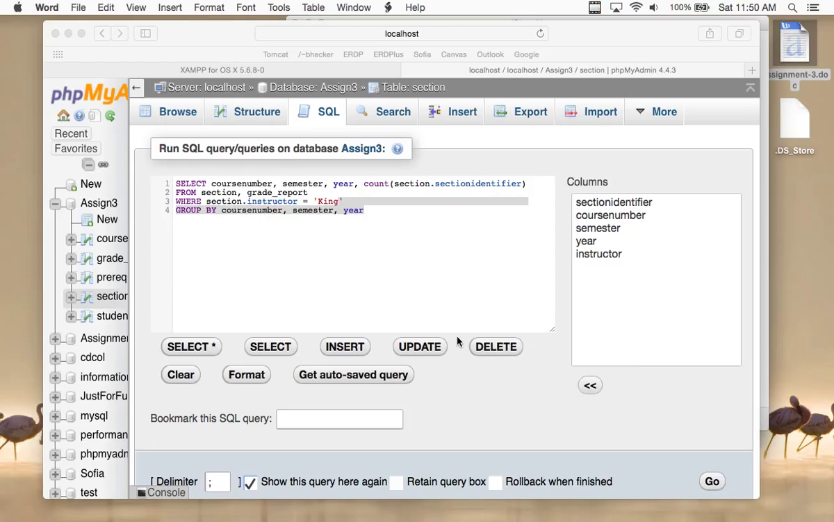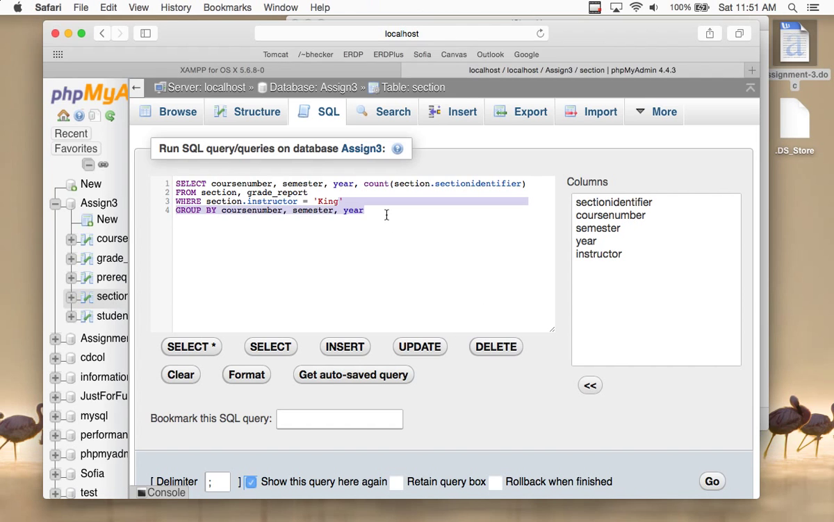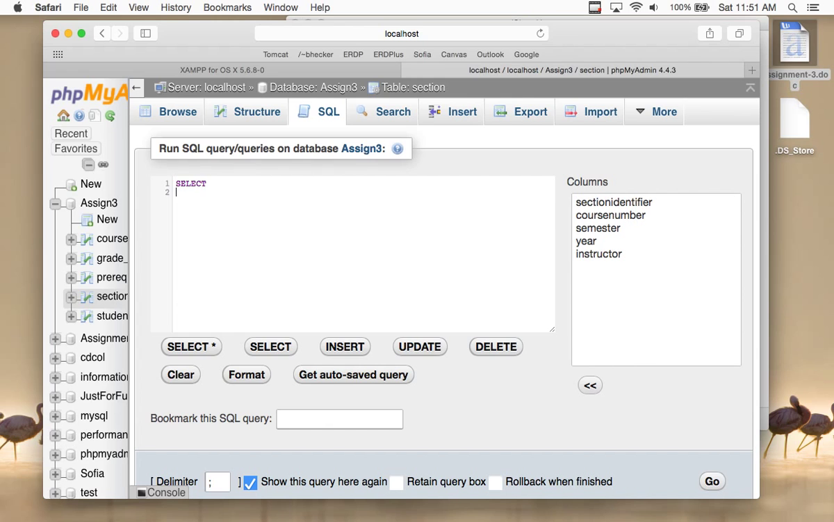Let's see. This is number D. Retrieve. Yes, this is number D. This is going to be a long one, actually. Let me get rid of this. Let me make this a little bit easier. Select from